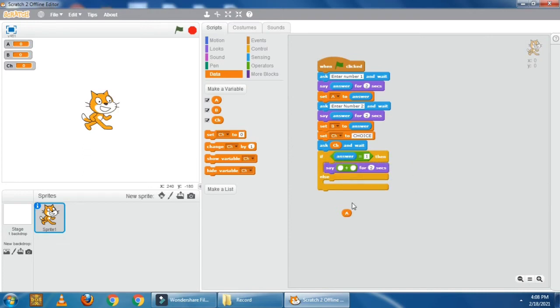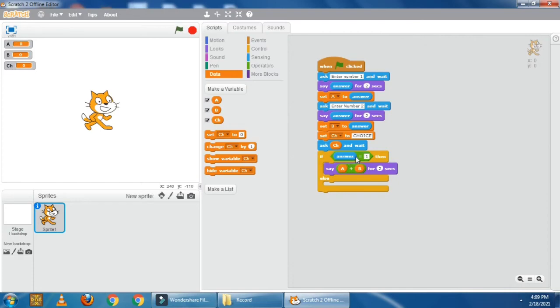Oh, this way you can put in operator plus block one variable A, and let's take variable B. This is number 2 and place inside the plus operator.